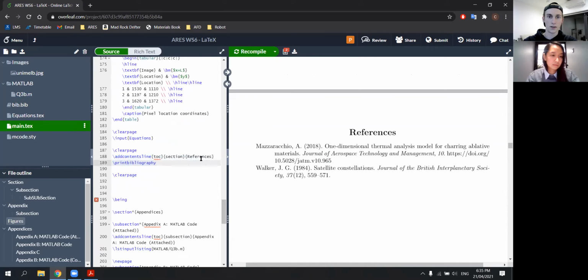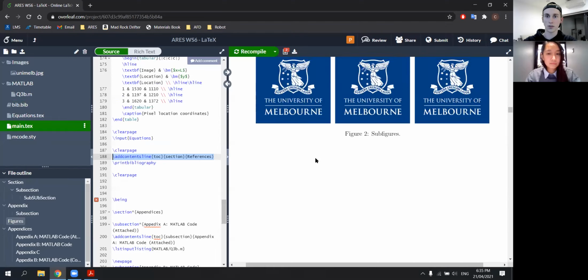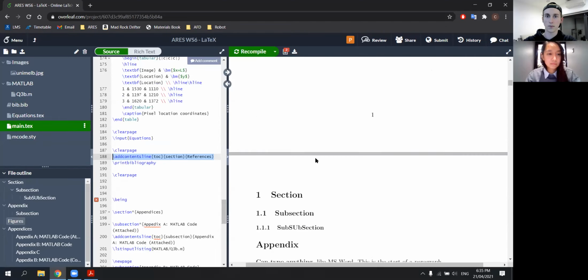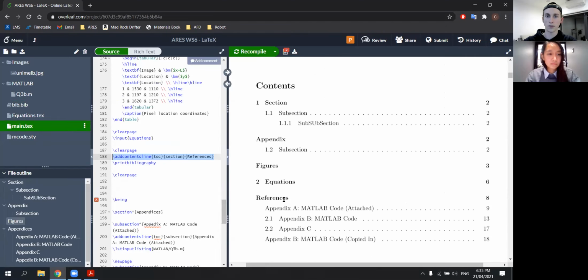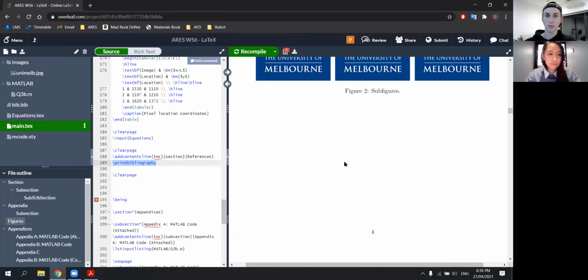Add contents line will just add the references section to the table of contents. I can quickly scroll up to show you that. So if I didn't add this line, then the references section wouldn't be listed in the table of contents. And then the line that automatically adds the references is print bibliography. And once you do that,